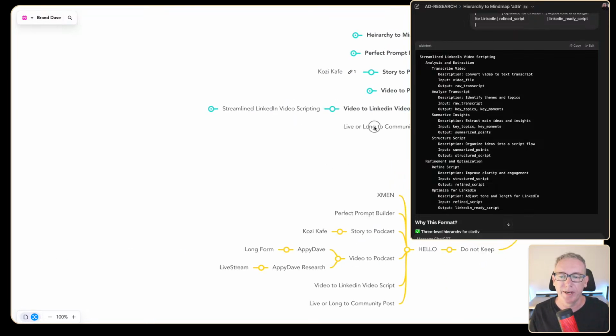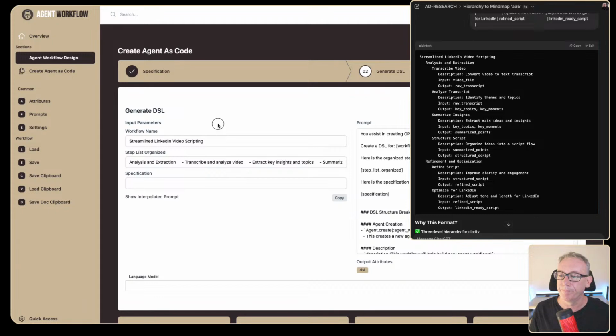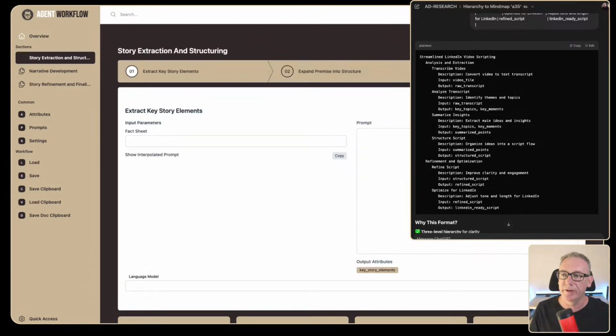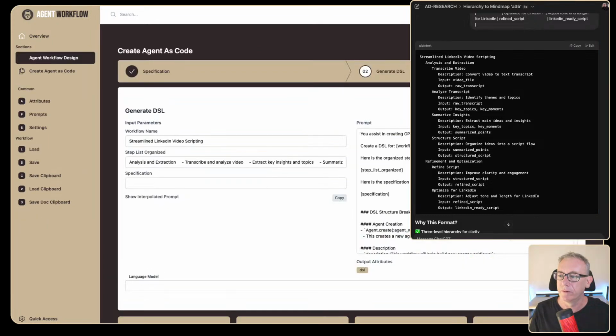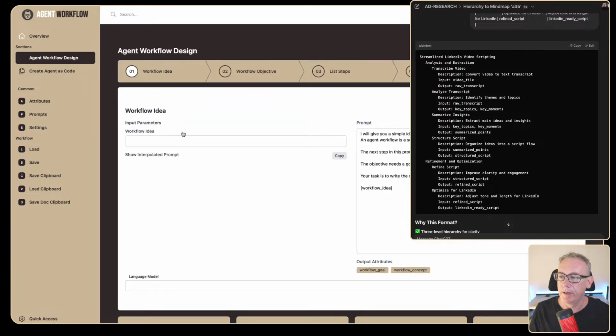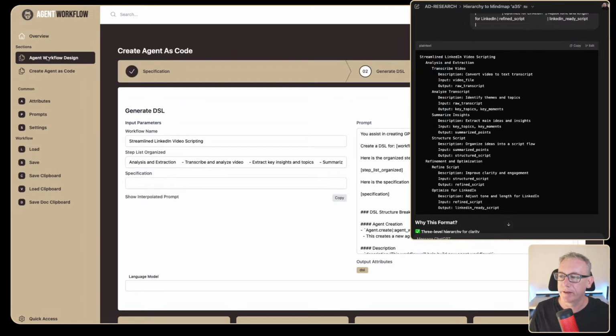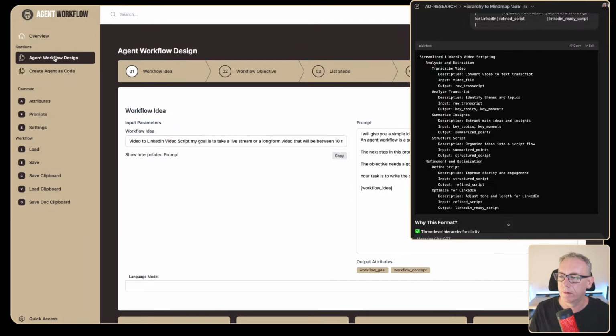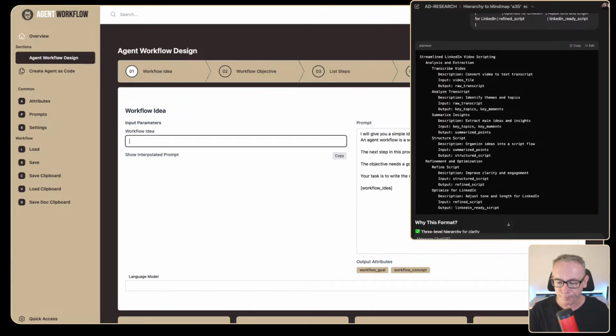It should not be, to be honest, much different than the one we've just done. Long or live to community post. Okay. Let's come over to, I think we'll go to this one. We'll duplicate it and we'll come in here and we'll take whatever it had at the beginning. No, I'm just going to type it. We'll say,